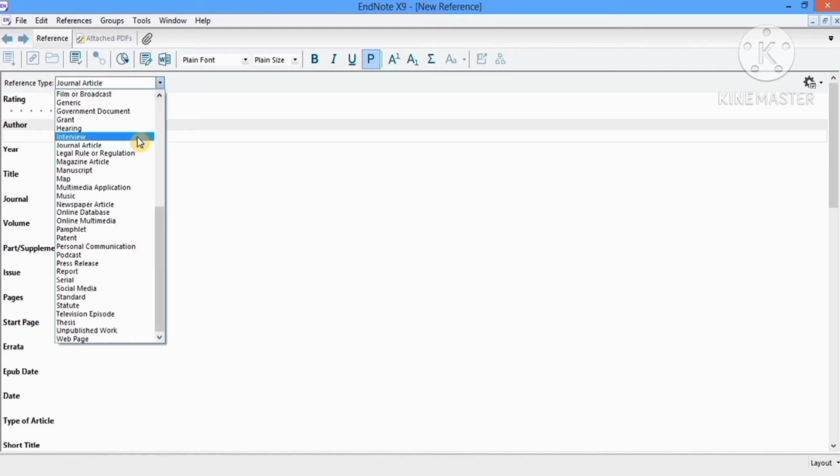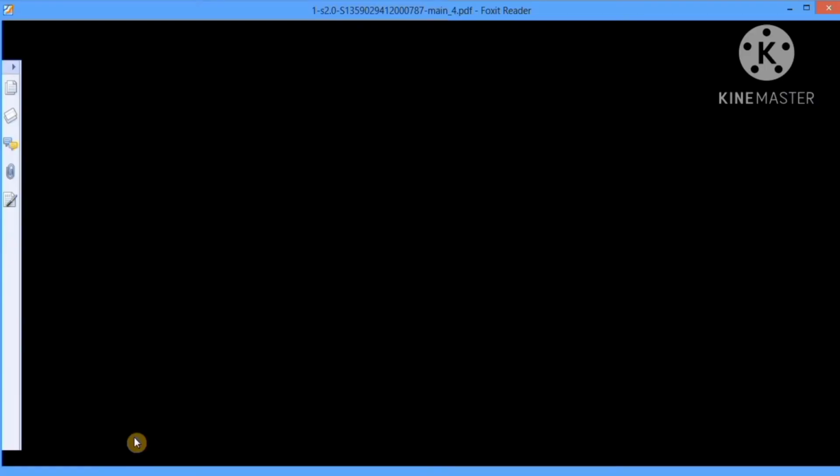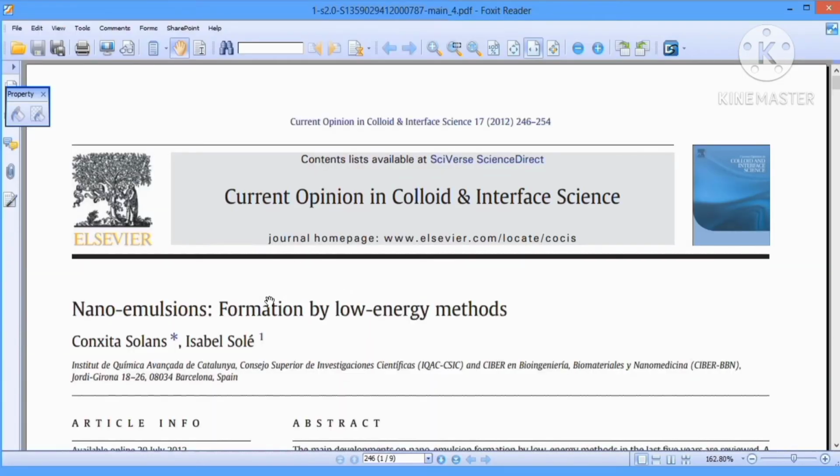If you select journal article here, then it will show the options of volume or issue number. If you select book, then it will show the option of edition and others. So it is necessary that you select the correct reference type. For example, I want to enter the reference of this article. So firstly,